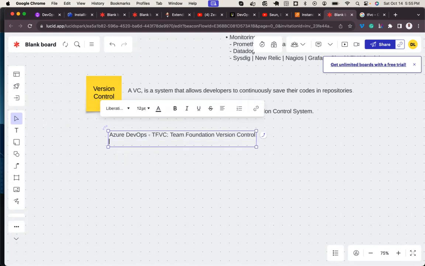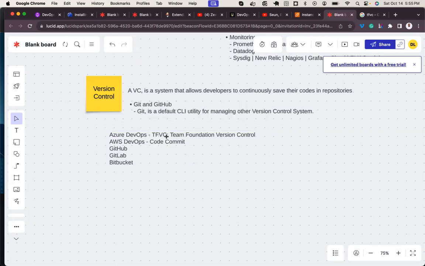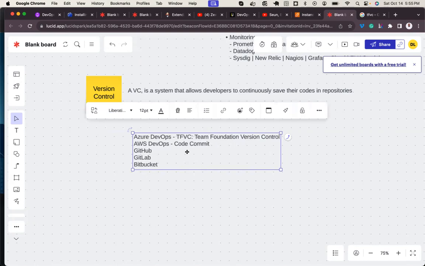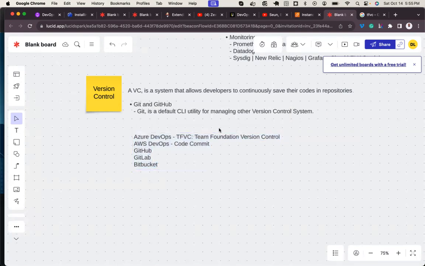Now, for AWS DevOps, we have what we call CodeCommit. Now, we have GitHub. We have GitLab. We have Bitbucket. What I'm trying to explain here is, in all of these kinds of version control, the tool, the utility that is common to all of them is Git.